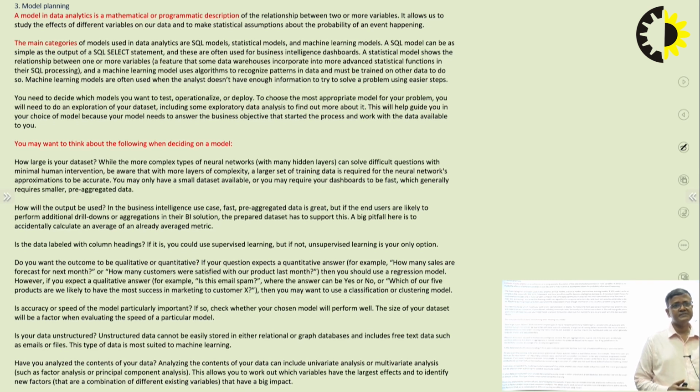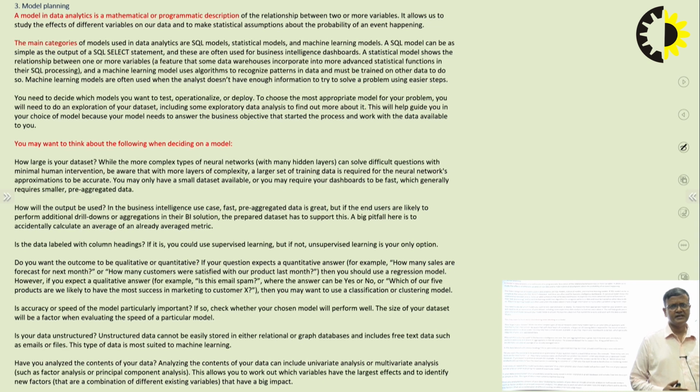This type of data is most suited to machine learning, because if it is relational data, if it is structured, then it will be suited to your SQL kind of model, though you can also use your structured data for your machine learning purposes.